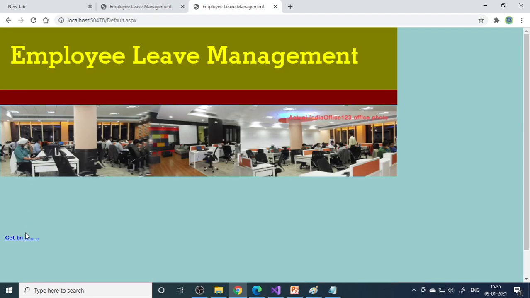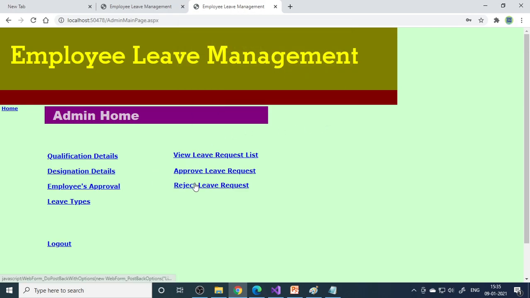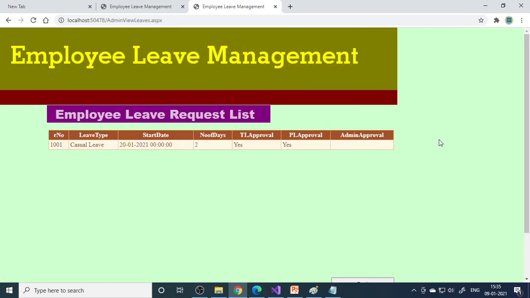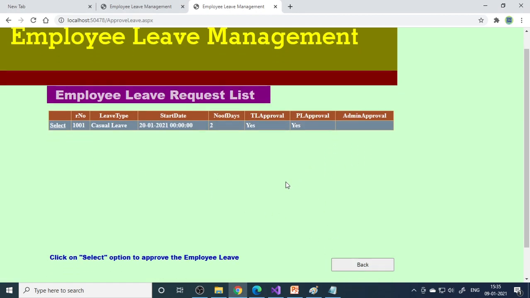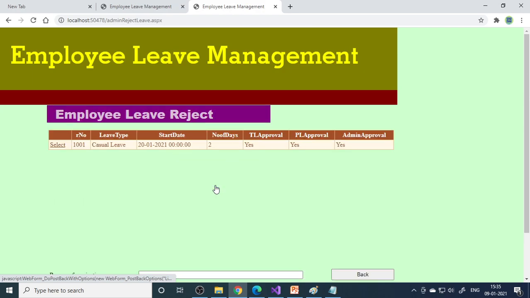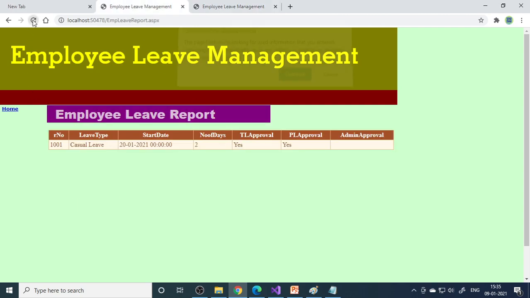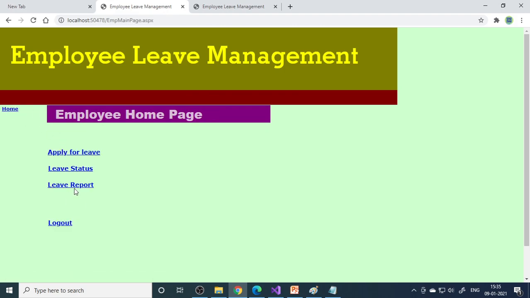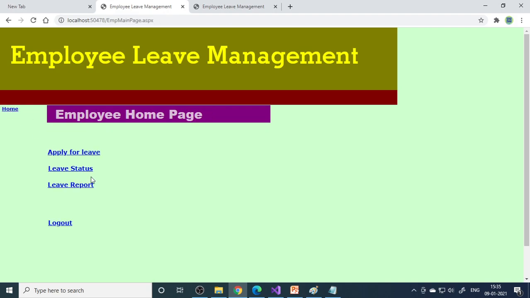So I just go to get in admin. This is admin, then admin. Right, so here is a leave request list. Okay, there is a request list and approval. So admin has to give the approval. Therefore, you need to select this. Okay, now approval is provided. You can also do the reject actually. So in case rejection is required, you can do reject, but you have to give the explanation why you are rejecting. So now you can refresh this. So you can see that all the three stages are approved. So if you see the report, this is approved, this is approved, this is approved. There is no problem. So your leave is approved.